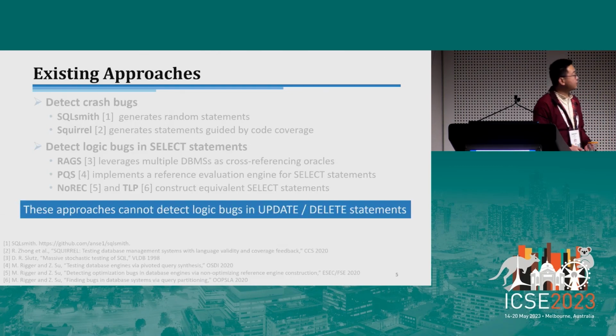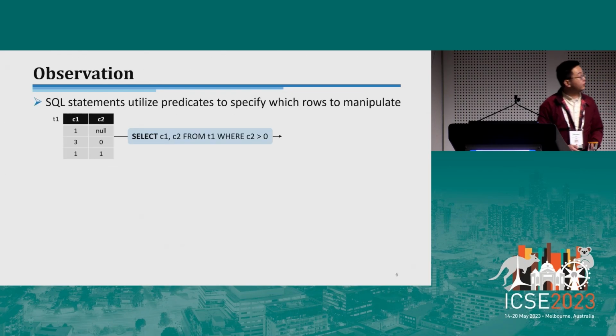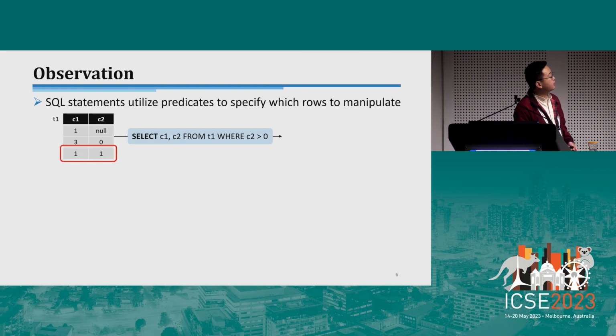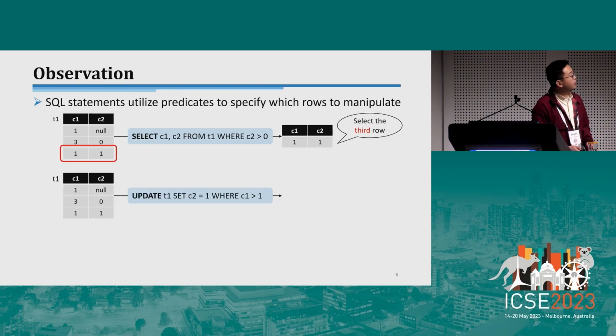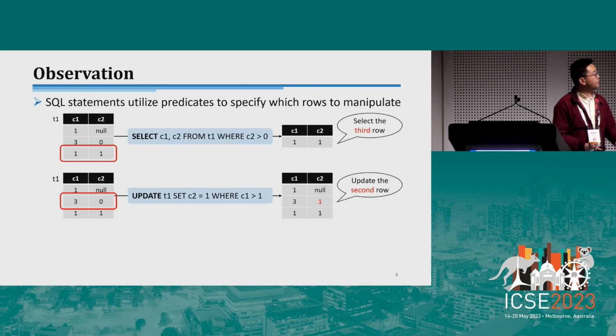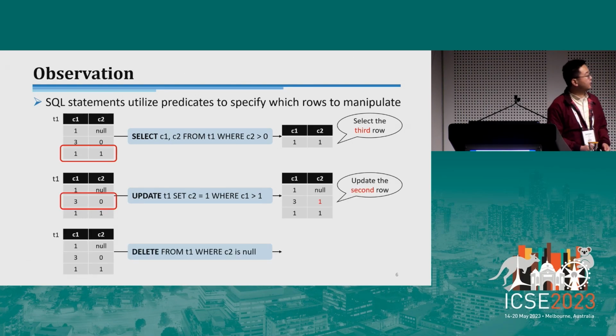However, these approaches cannot detect logic bugs in update and delete statements. We observe that in a DBMS, SQL statements utilize predicates to specify which rows to manipulate. In this example, for select, the predicate specifies the third row to return. For update, the predicate specifies the second row to change, and for delete, the predicate specifies the first row to